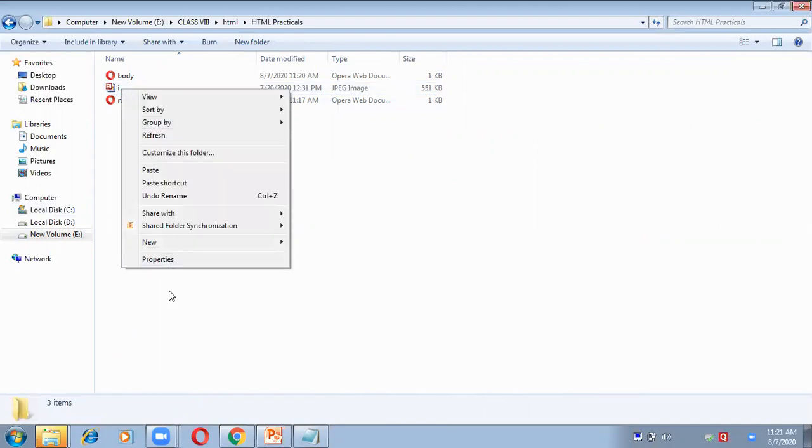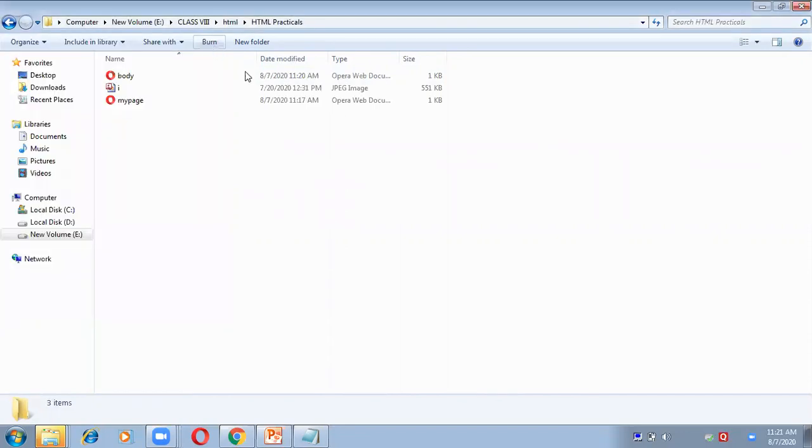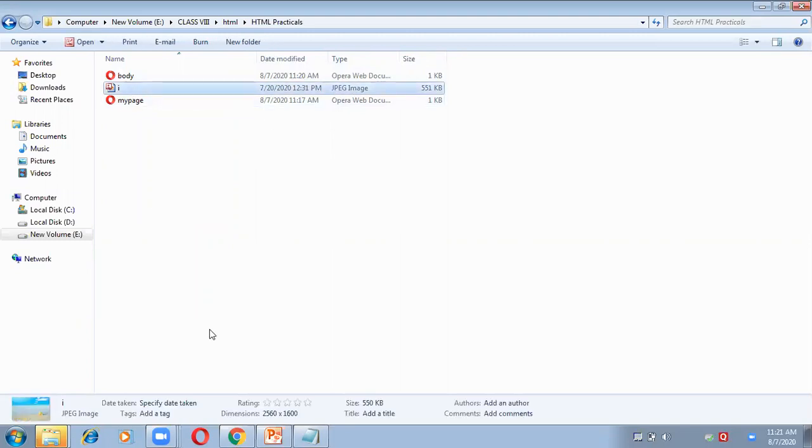Right click, properties, and the type of the image. Here it is not showing the type, so you can check it from here. The type is JPEG. Or if you click on the image, the properties will also come in the taskbar. Here you can check the type, that is JPEG image.